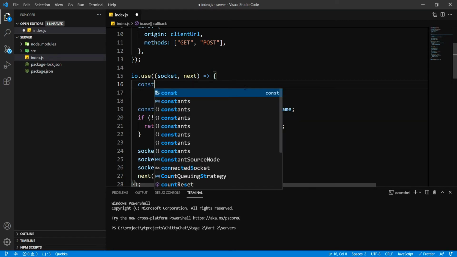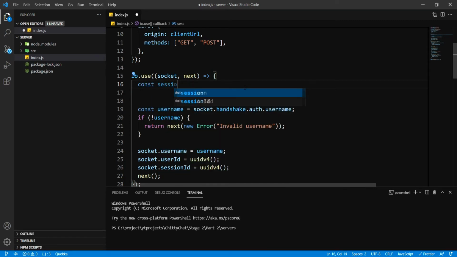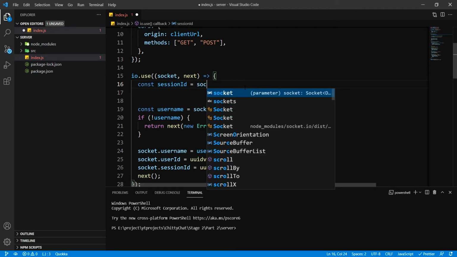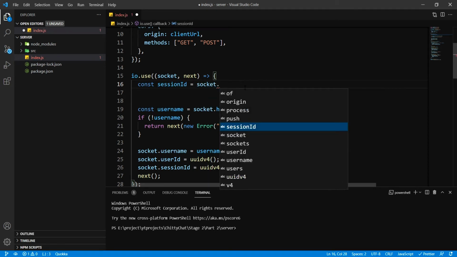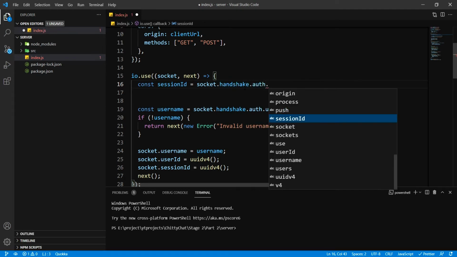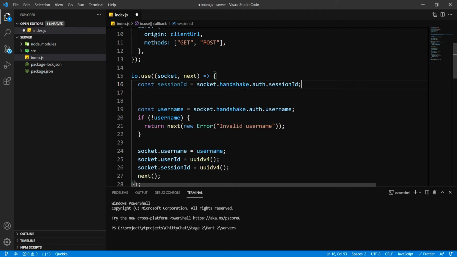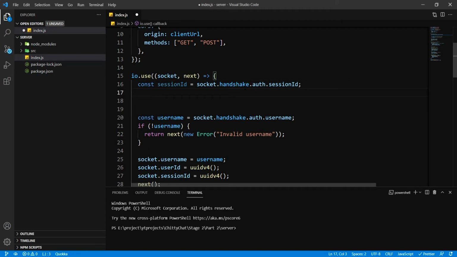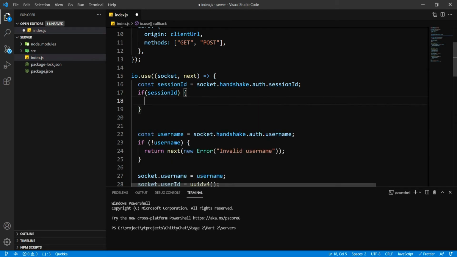So I'm going to say constant sessionID, to be precise, socket.handshake.auth.sessionID. So I'm going to say if there is session ID, then I want to find a session first. Find my session,